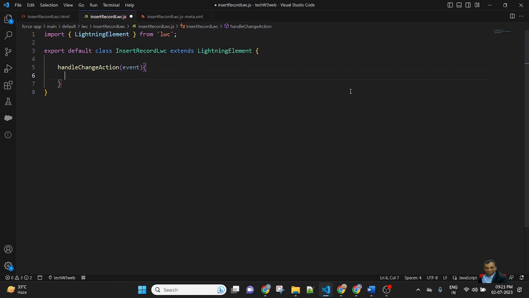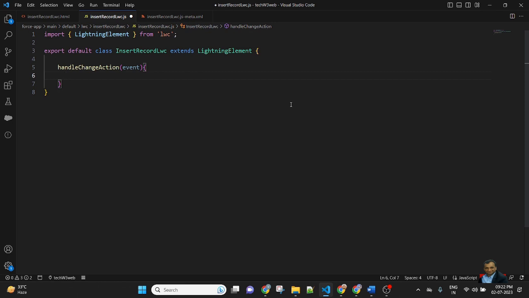After submitting the form, I will display a toast message and redirect to the record detail page. So I need to import two modules: the first for displaying the toast message, and the second for navigation to the record detail page.